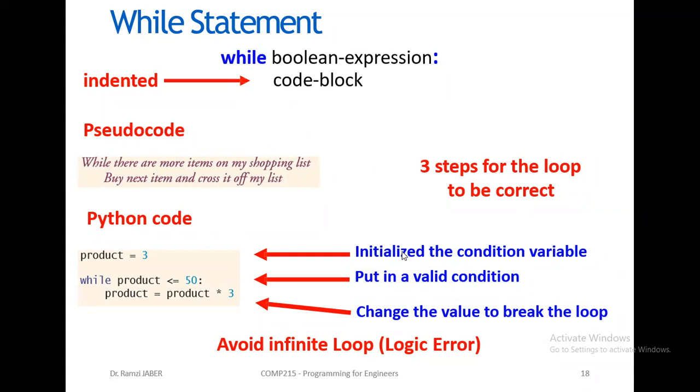The initial condition variable, like here, product equals 3, and put the condition on that variable: while product is less than or equal to 50. Then if it's true, execute the body. At the end of your while body, you must change the variable to break the loop, else you get a logic